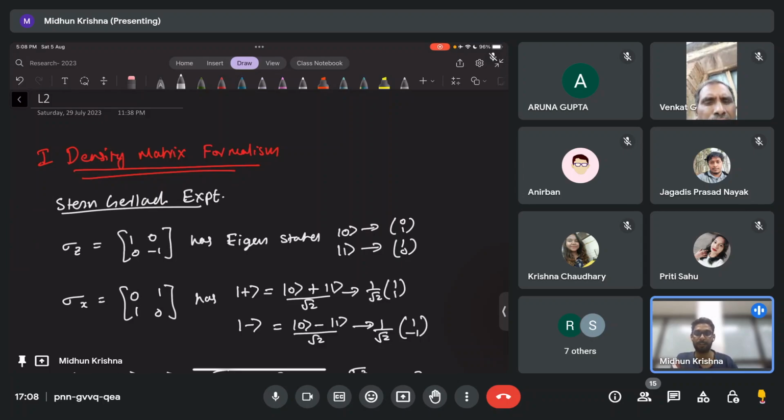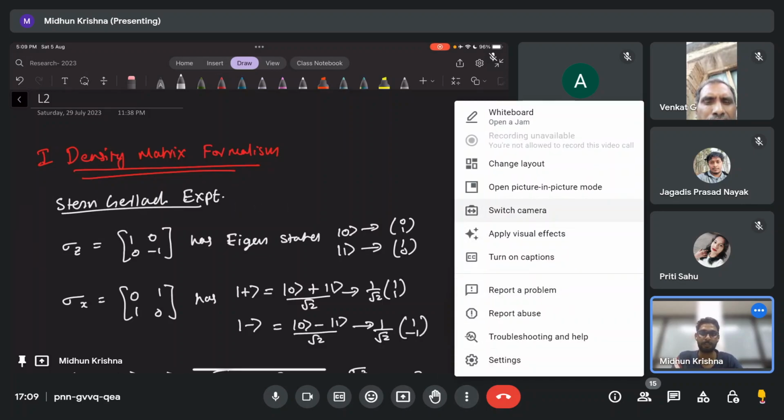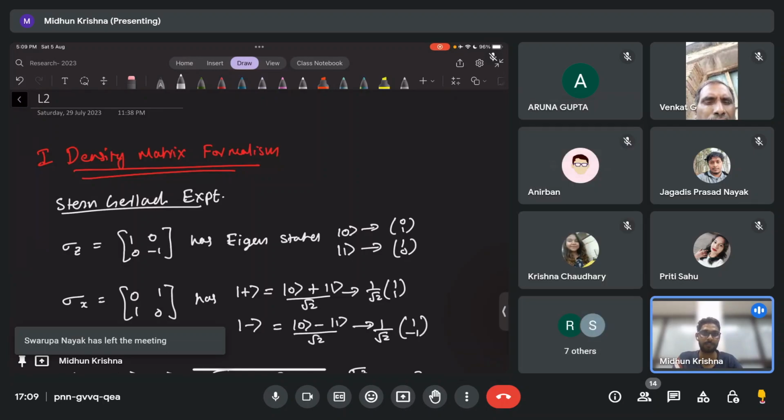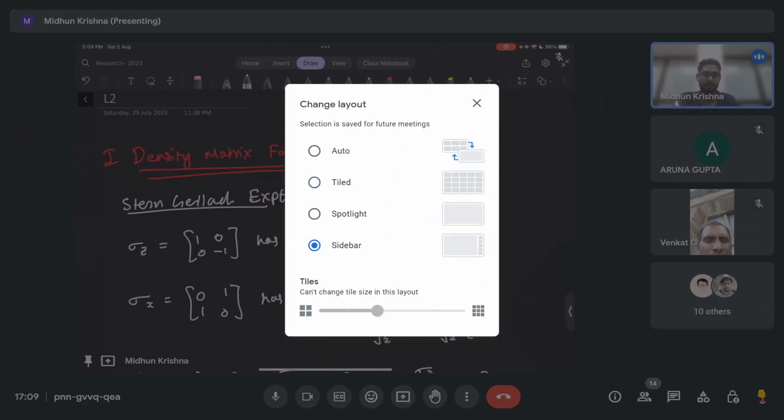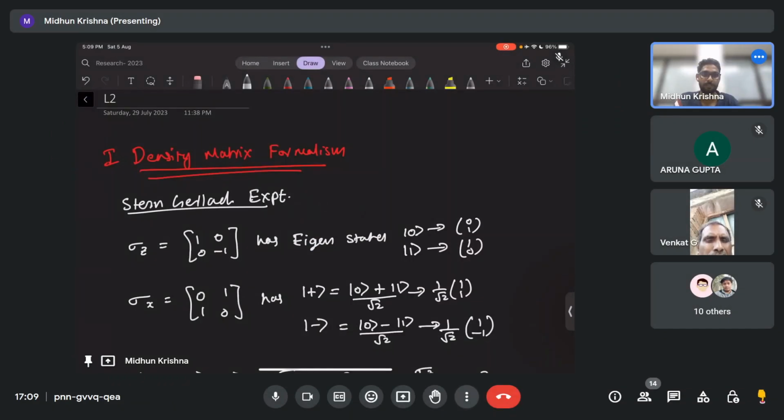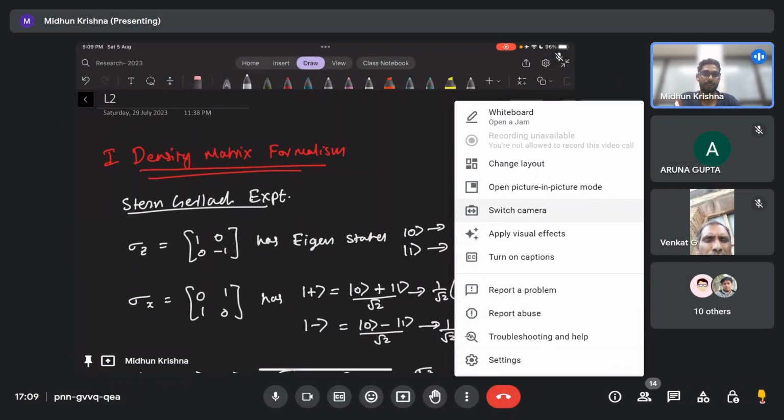I'll motivate why we need the density matrix from the point of view of mixed states, since the density matrix is an efficient way of representing a mixed state. That's where the idea comes from. There's also another motivation, which comes from the idea of open quantum systems. If I have a quantum system interacting with some other quantum system, and I don't want to talk about the full system, let me just